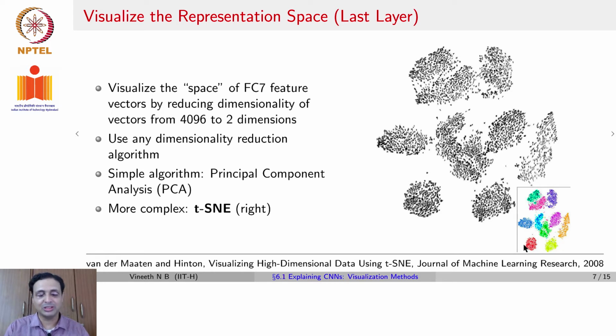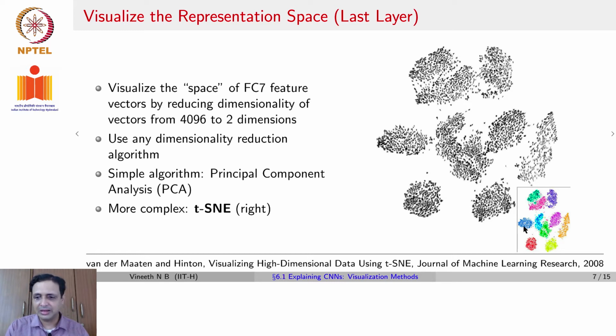We also have a link for this towards the end of this lecture, so you can play around with t-SNE if you like to understand it more. So when you apply t-SNE on the representations that you get as output of the CNN in the penultimate layer, you end up getting a result such as this. This is specific to the MNIST dataset, where you have 10 classes. This is the handwritten digit dataset.